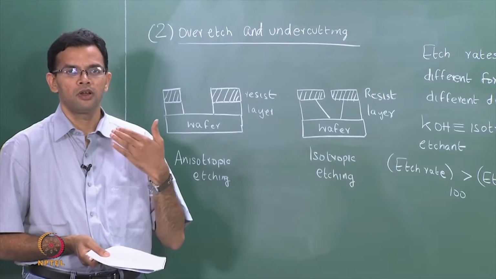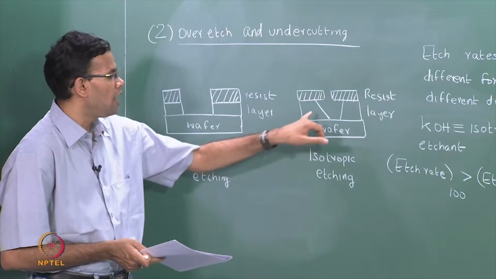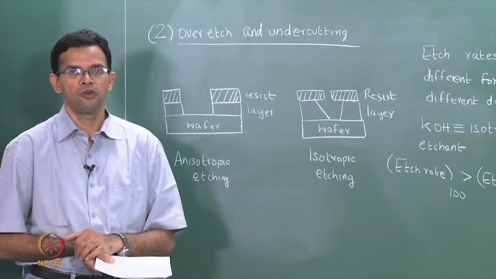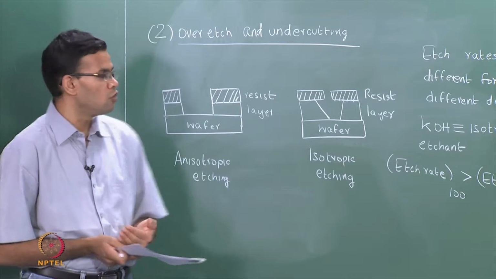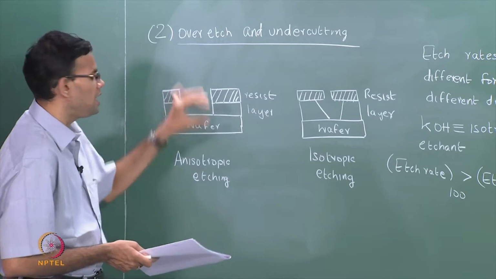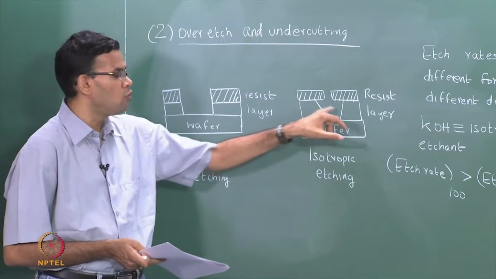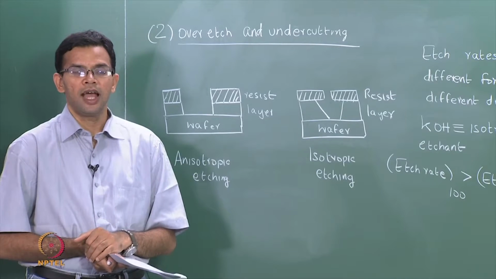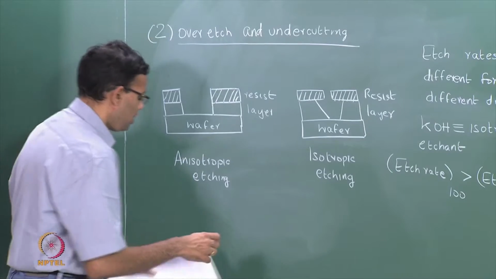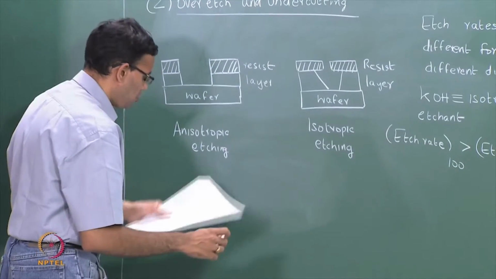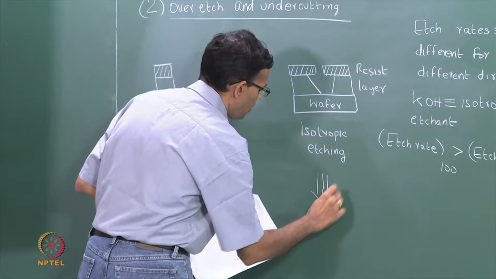Now if you go for etching longer than the time that is required, you will have more material being removed from the sides, leading to something called an undercut. So we want a pattern that is being defined by your photoresist, but because you are also removing material from the sides, you actually end up having a wider pattern. So this is a case of an isotropic etch. If you go for an over etch of this,